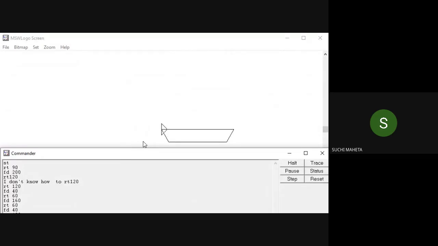RT 120. FD 80. FD 60. LT 90. FD 20. FD 50. RT space 120. Something is wrong, I typed it wrong. CS CT, let us begin again.